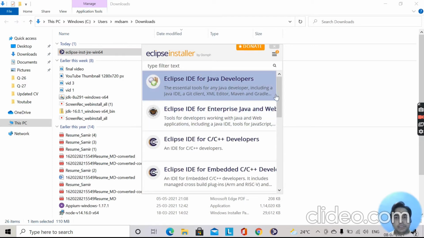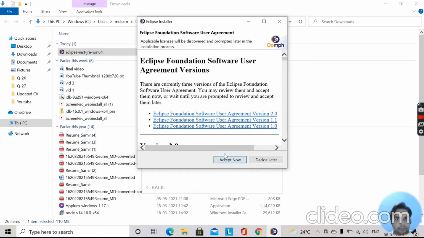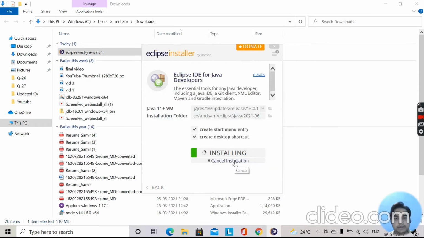So you will see multiple options here. I would recommend you to go with this one, Eclipse IDE for Java Developers. And then you can click on the install button, accept. So our installation has started.